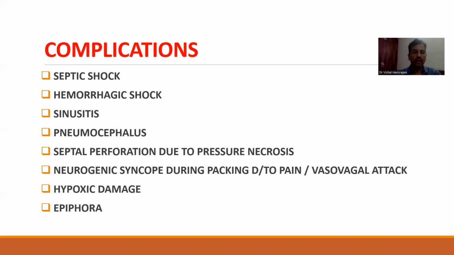Because of the nasal packings and blockage of the opening of the sinuses, the patient can have sinusitis. And if there is a trauma and a fracture of the cribriform plate or maybe the posterior table of the sphenoid sinuses, the patient can have a pneumocephalus, like the air entrapment in the brain parenchyma or in the